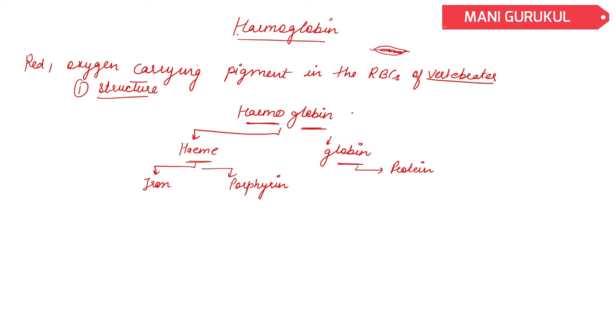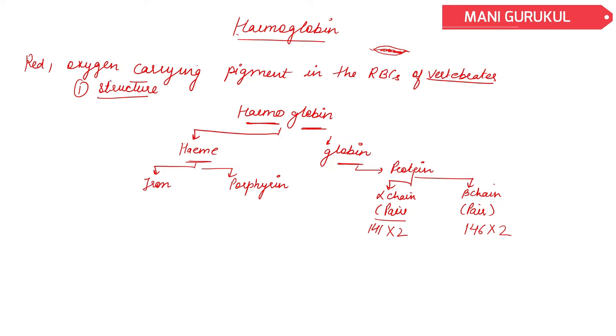So protein is made up of two chains. One is alpha and another is beta chain, and all are present in pairs. So alpha chains have 141 amino acids, multiplied by 2, and beta chains have 146, multiplied by 2. That much alpha and beta chain we have.